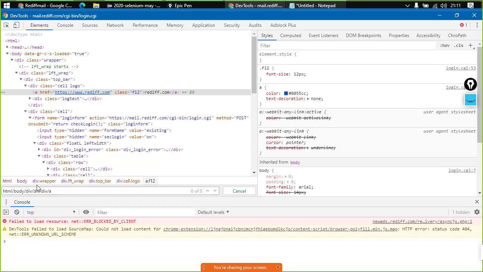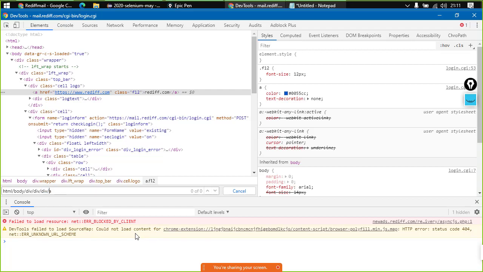But right now if you notice, something is not right. So what mistake have I made? Let us see that. Again, we are not getting the correct element. Actually we are not getting any element. So HTML, then body, then div1, div2, div3, div4. Notice something? There were 4 div tags needed and I just used 3.